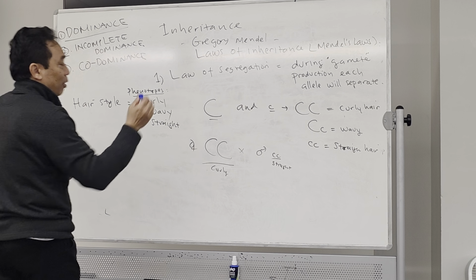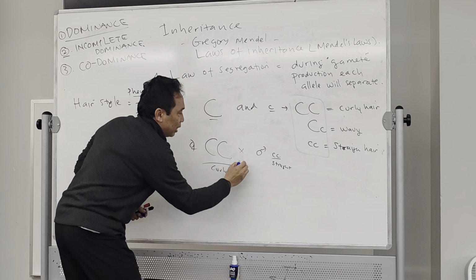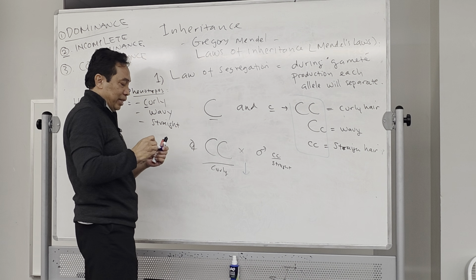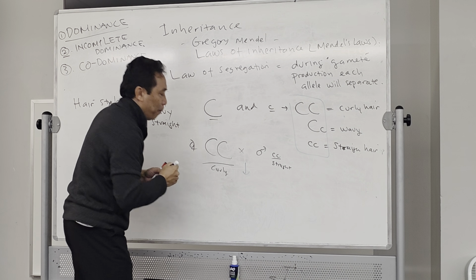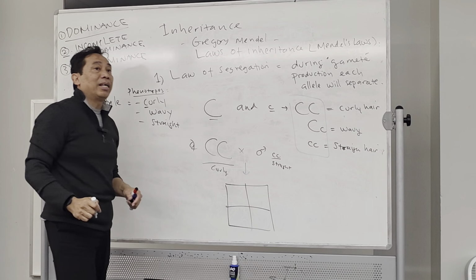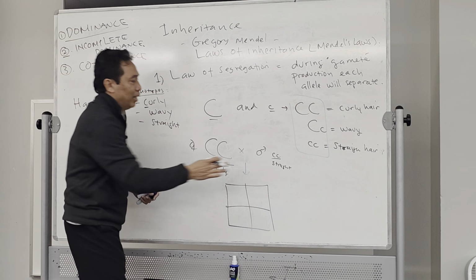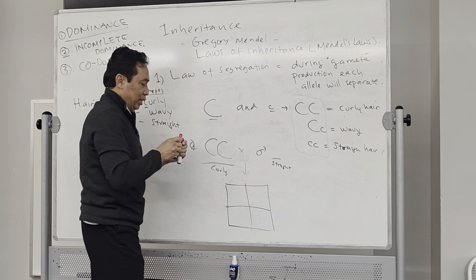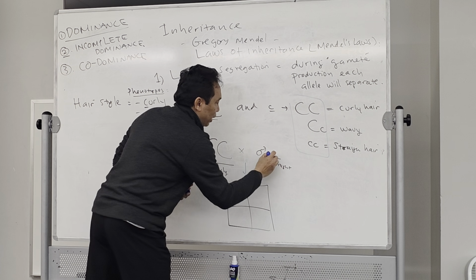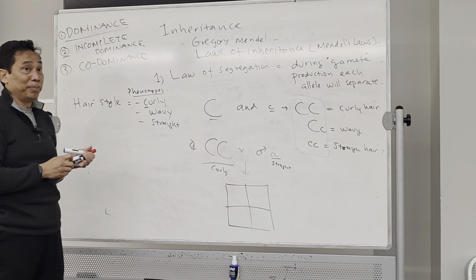Look at this. Look at this, okay? Look at this and look at this. Make a Punnett square, okay? Then you're going to see here. Follow this. I'm going to use a different color then. This one with blue color, to make sure this is lowercase. Okay? Look at this.